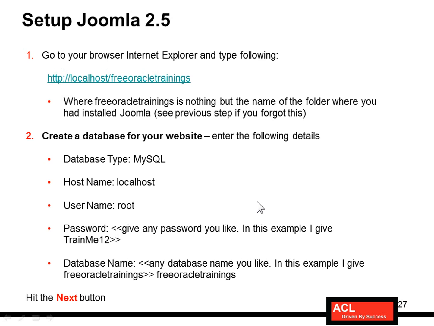Set up Joomla 2.5. In the last class, you would have seen that we installed Joomla in a folder called freeoracletrainings.com. But now we need to install the database for our website with sample data. In order to do that, you need to first go to this link on your website. Type this link in the browser,